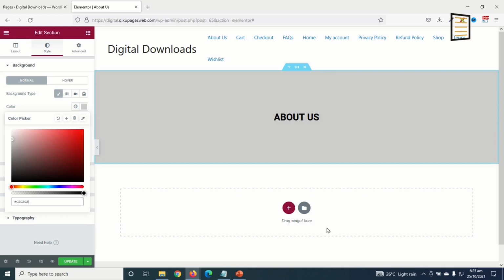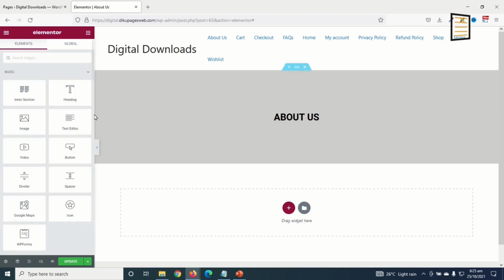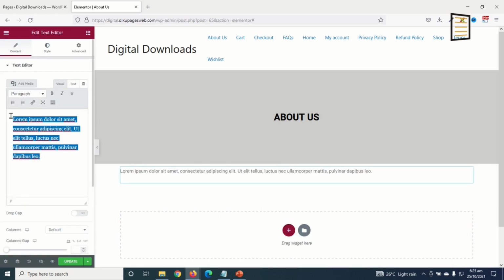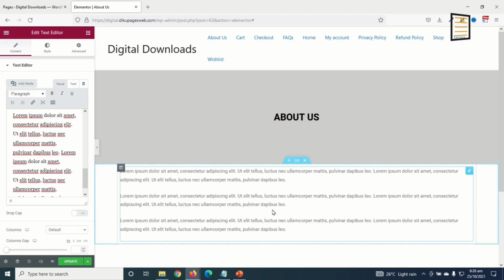Awesome. Next I go over to elements and I drag in the text editor right here, and in here I enter my about text. So I'll just go ahead and duplicate this dummy content. So in here you need to make sure that you enter all the about information concerning your e-commerce website.